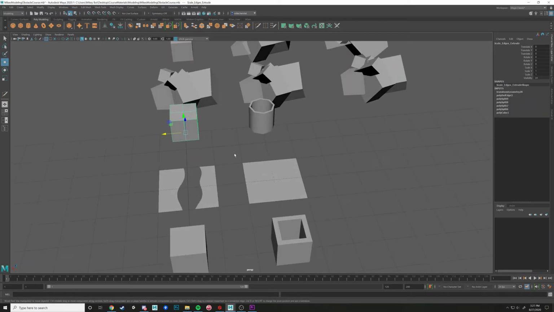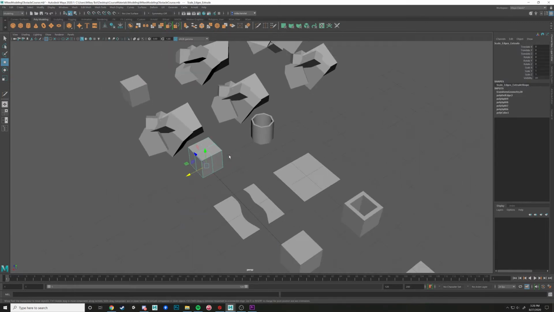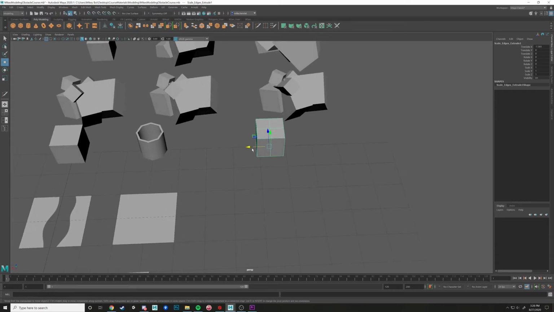Next one is this. It's dealing with this premise of box modeling, how this could ordinarily be made with a torus. If I create a torus over here, bang, and then give it 4 on this, give it a little twist, and then you can scale it up into that shape. But I want to drive home the point that you can make pretty much any shape in Maya with a box. But to save some time, you don't always have to. So I am duplicating it, moving it over,